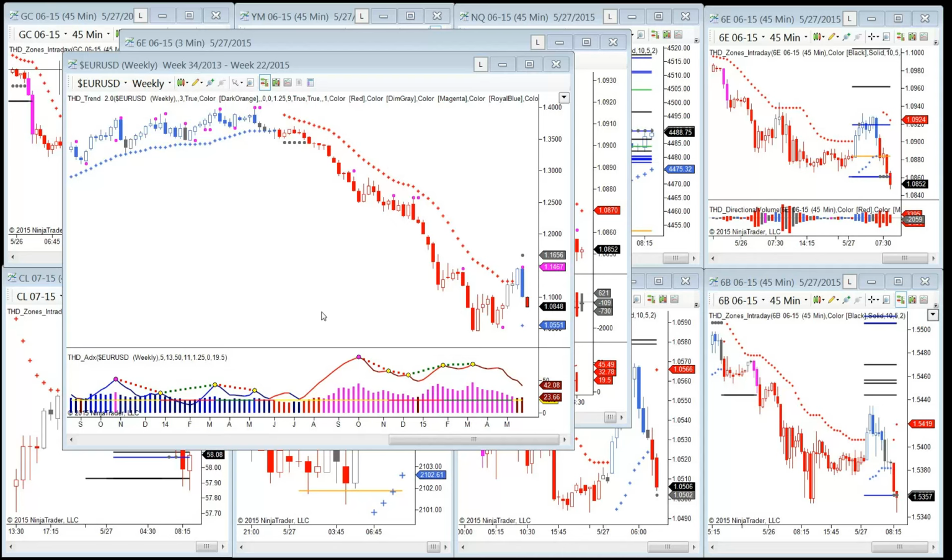Okay, let's see. That's quite the reversal bar to the downside. Bam. You probably have volume divergence on this bar. Long-term ATRs are extremely powerful. I mean, that was,